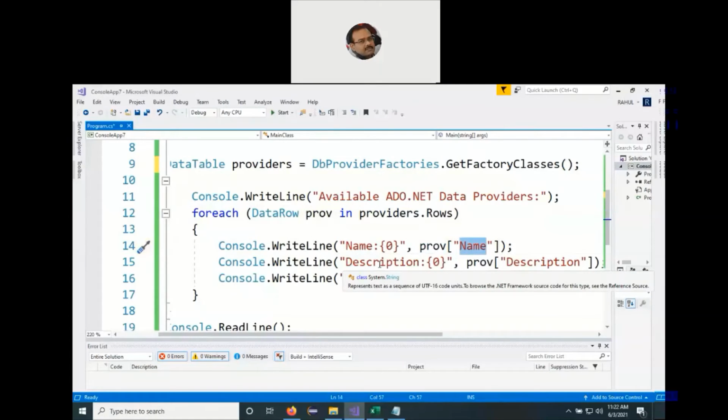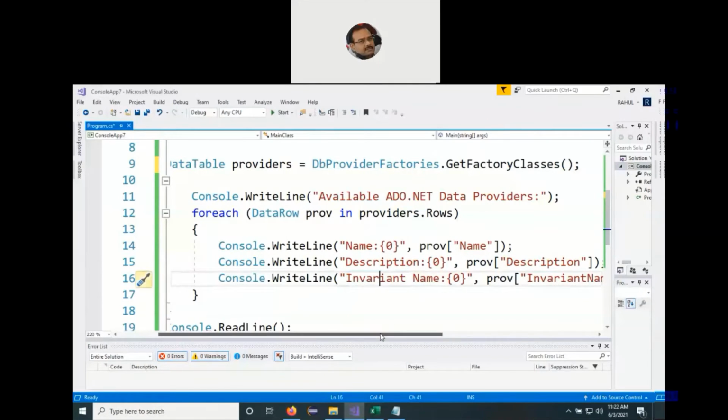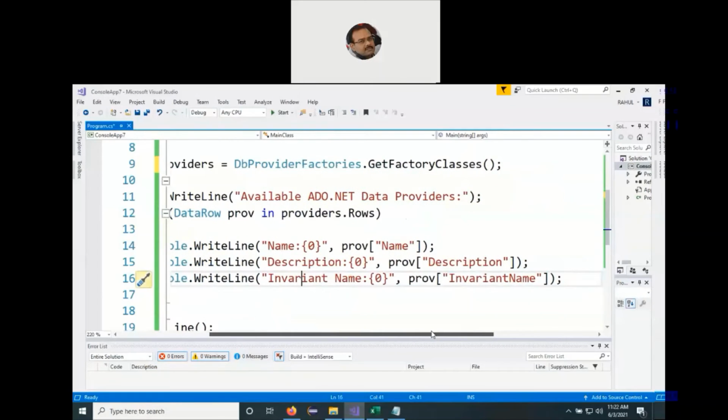So in line number 15, we write Console.WriteLine, Description, curly braces 0, prof, and the description of the ADO.NET data provider. Then the invariant name. Some of them might contain it, some of them may skip it, but the field is present, so why not use it? So prof, then within square brackets, within quotes, the invariant name associated with that ADO.NET data provider.